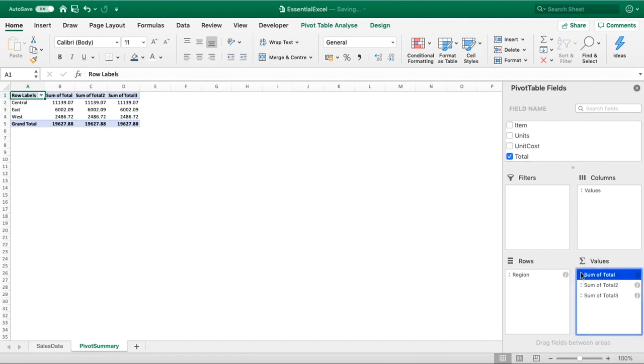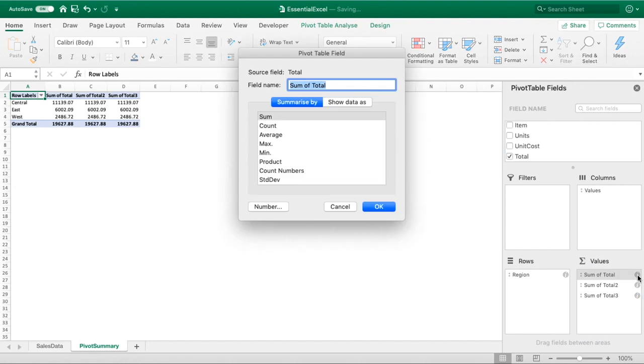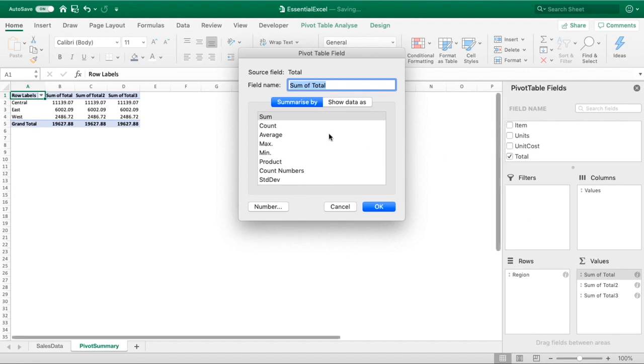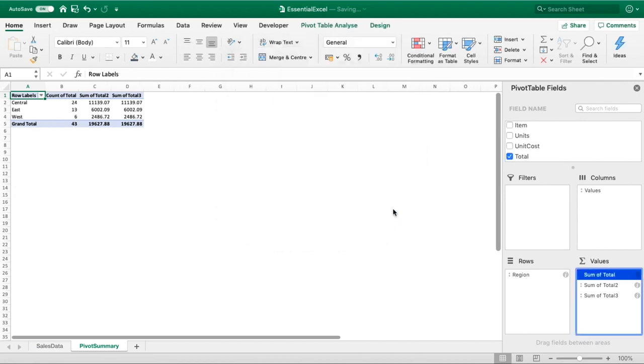So all we need to do is go into our information button, and you can see that at the moment it pops up and we can see summarize by, depending on the version you're using. I'm using Microsoft Excel on a Mac today, but the principle will be exactly the same, although the view might be slightly different. And you can see at the moment sum has been selected underneath summarize by. So all we're going to do here to get our count is simply go into count, select OK,